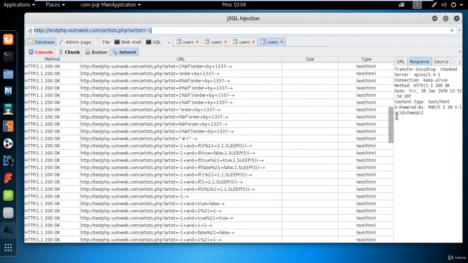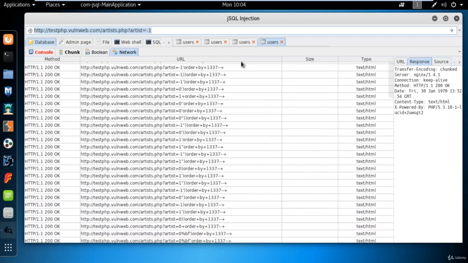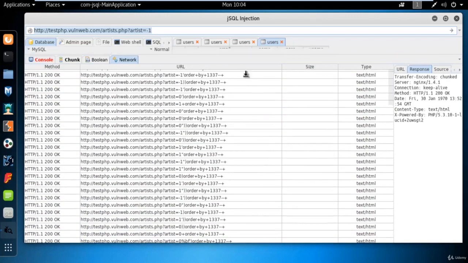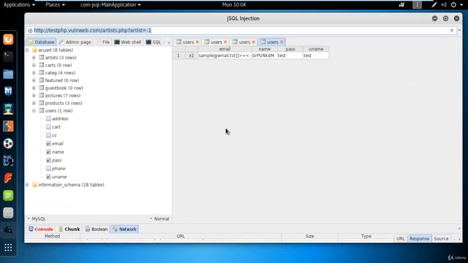So these all are the possibilities available inside SQL injection. Got it? So this is all about SQL injection, right? The tool is called JSQL Injection. It is available in Kali Linux, inside the database assessment tools. Try it, right? And this is the easiest way to perform SQL injection on websites or web servers.